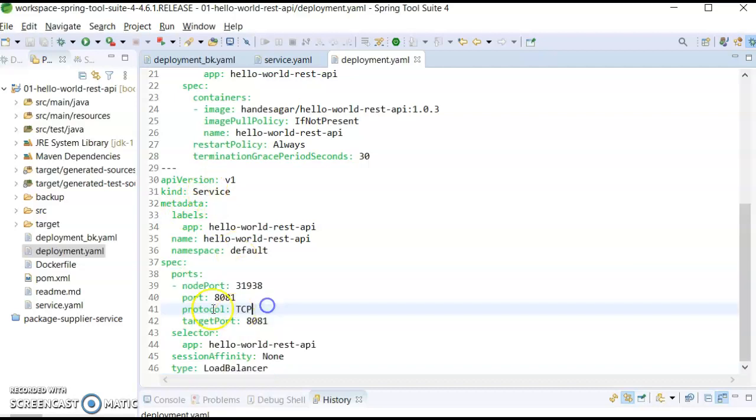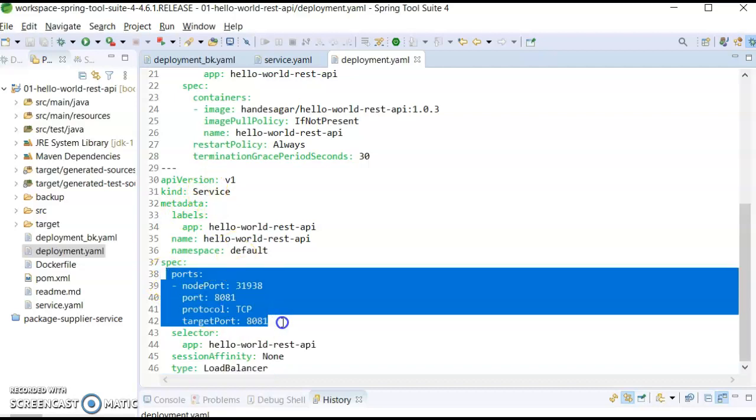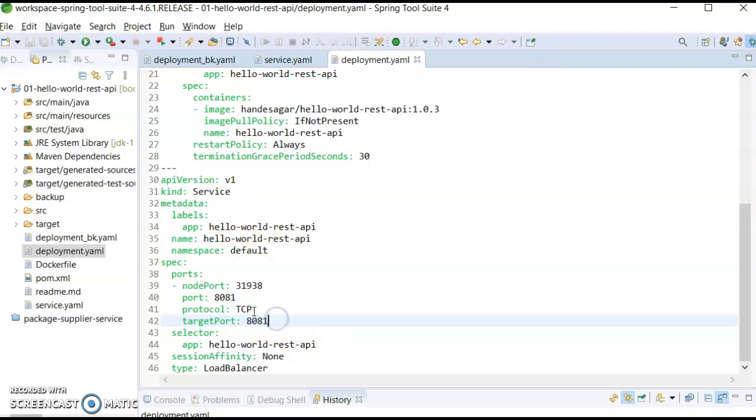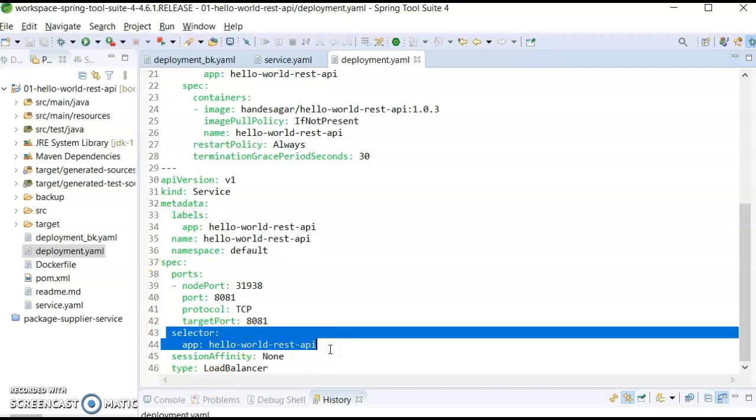Now let's see what is there. First one is the ports. Yes, we need port details to expose our service. So we have mapped our port details here. Then selector. Now we know for one application there can be a number of pods, but to access that application there should always be one service, right? So we need to map the service with the pod. We should not map the service with a deployment.